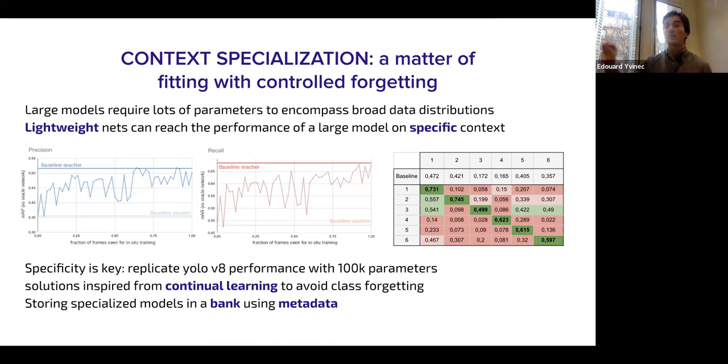And lastly, the confusion matrix gives you the demonstration of the specification. Essentially, you have 6 contexts, and we perform a cross-validation, or I should say cross-evaluation. What you can see is that in the specific context, on the diagonal, you have huge accuracy. I mean, you actually match the accuracy of the teacher. And when you test the model on a different context, it does not work. But that's actually something you want.